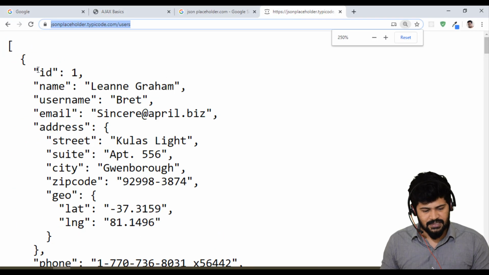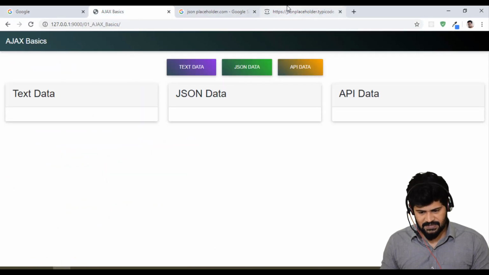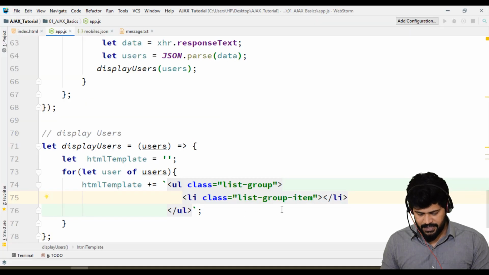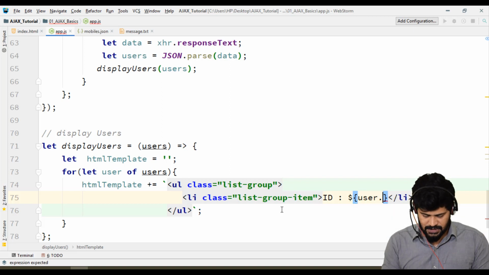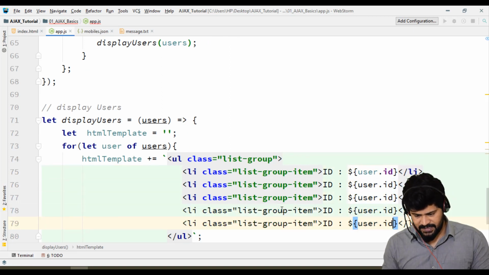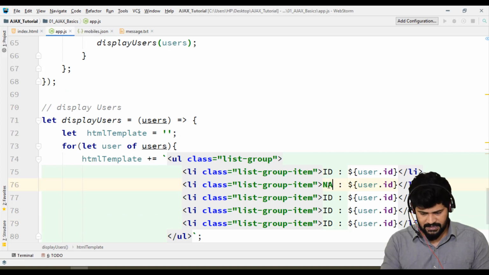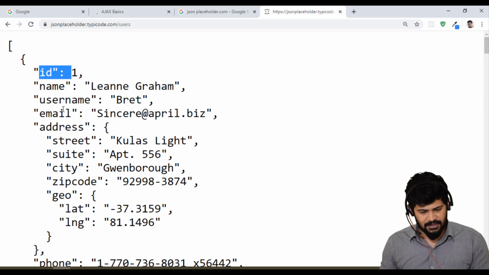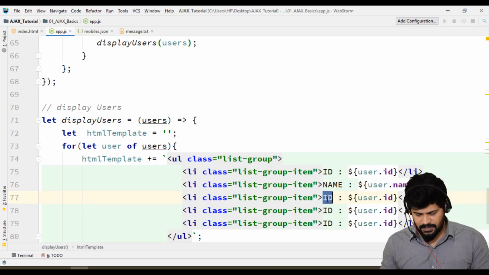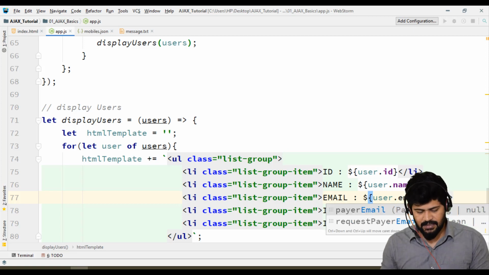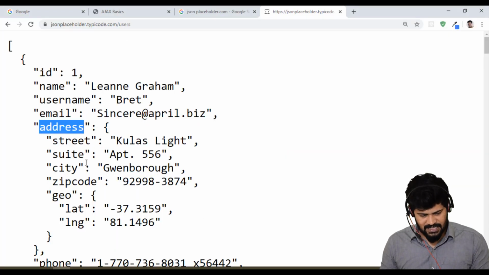You got an ID, so let's make the ID user.id. Let's make the name, this is user.name, and email, so user.email, and address. Address is again a complete object, so just say street and city.